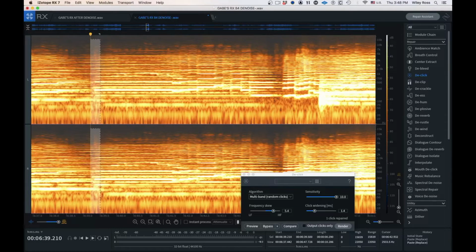And I'm going to go over to the De-clicker. And these are the settings I've already found to work best on this section right here. But you can play around with them. The click widening, if it's too high, might produce sort of a stuttering effect in your repaired area. But the frequency skew is generally going to be a bit on the higher side because they're clicks and snaps, and those are usually a bit higher in the frequency range. And then I turned the sensitivity up really high because it's a short section. But anyway, if I hit render while this is selected,